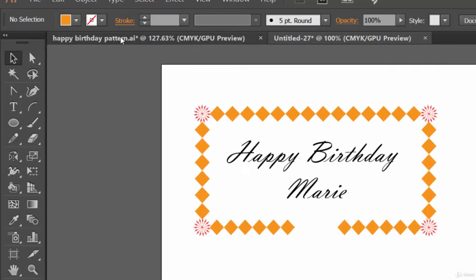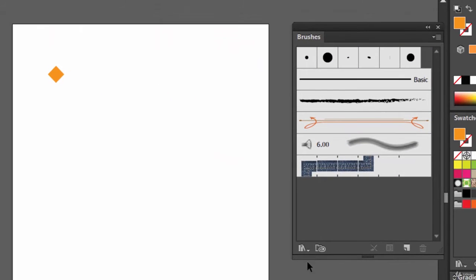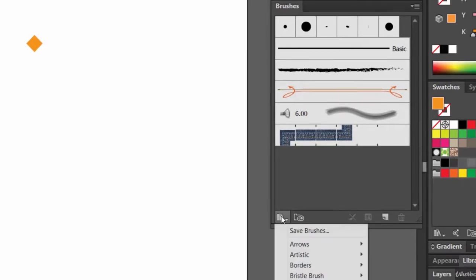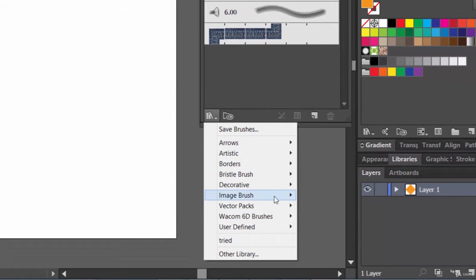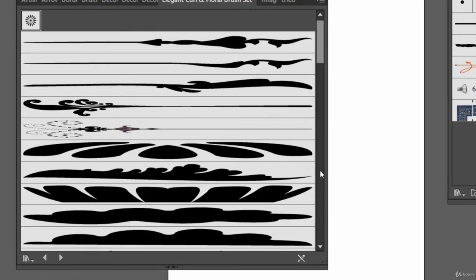And now we need to take care of this flower. Where it is? Well, here you have the brush library option, right? Just click on it to open it, and let's go to decorative, elegant curl and floral brush set. So just click on that one, and the first one, see, teeny tiny flower.